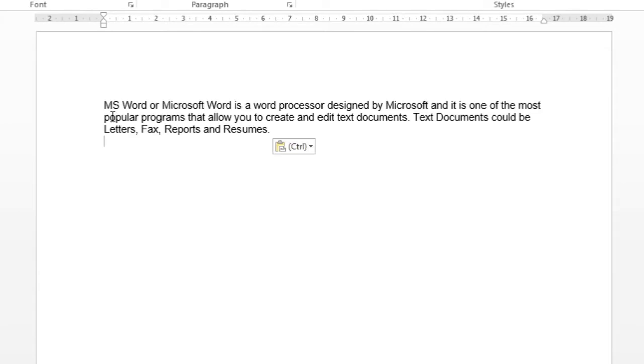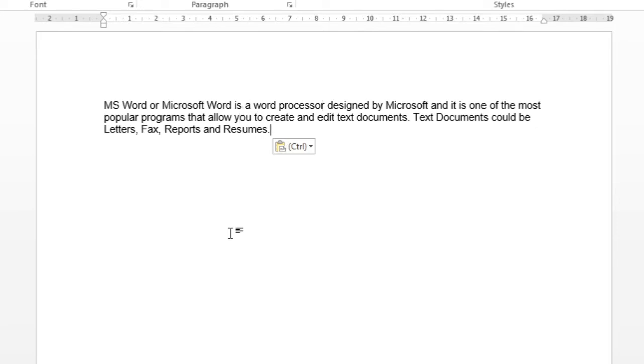So I have typed some text here. You can use the arrow keys, and you can observe that you can move the cursor within the text. I will show you how we can add or delete some text.